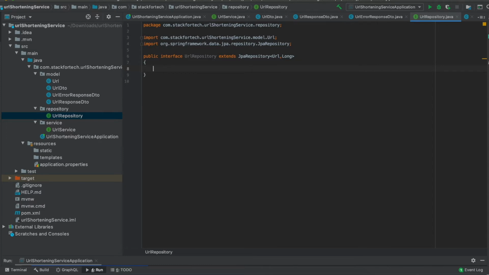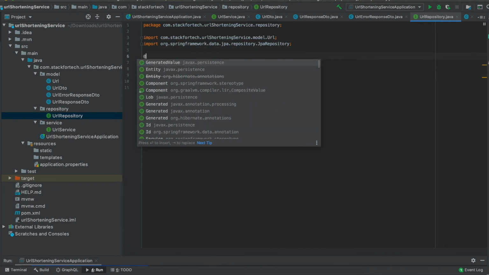For that purpose, we will create a public URL find by short link method, and we will be passing our short link in here as part of the get API.